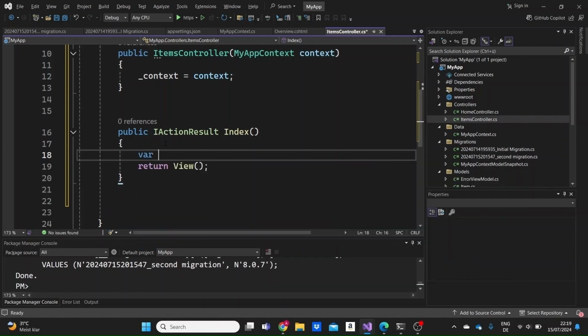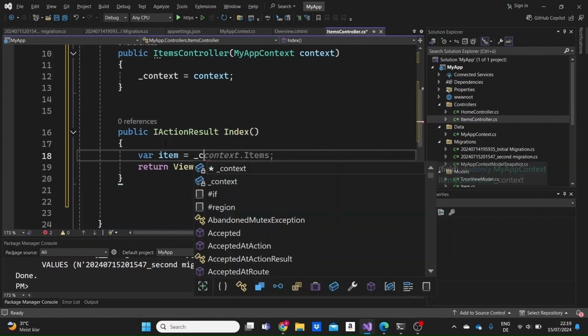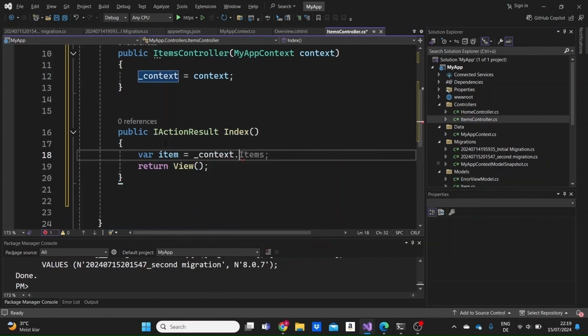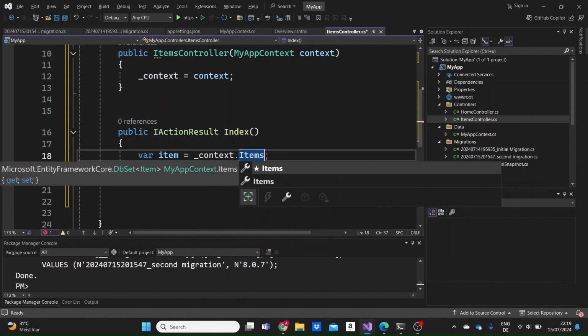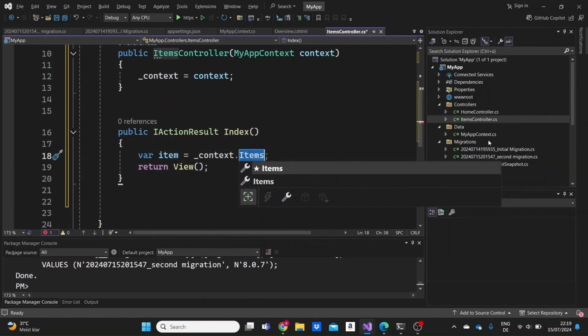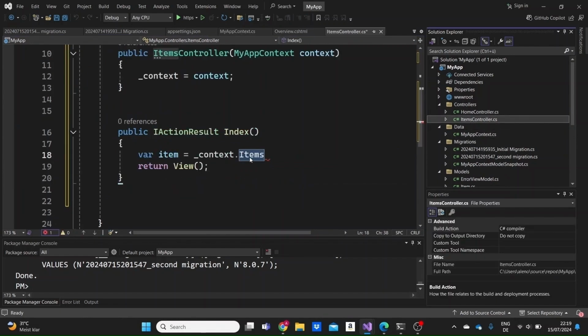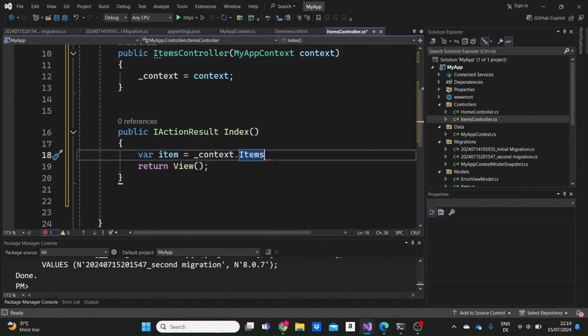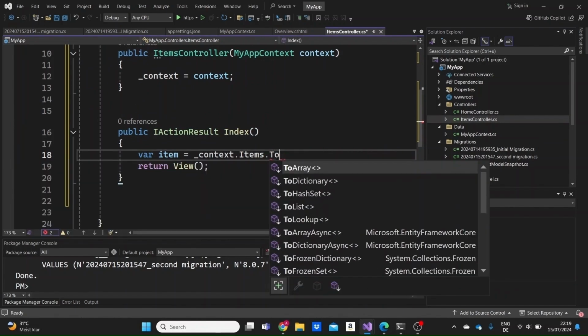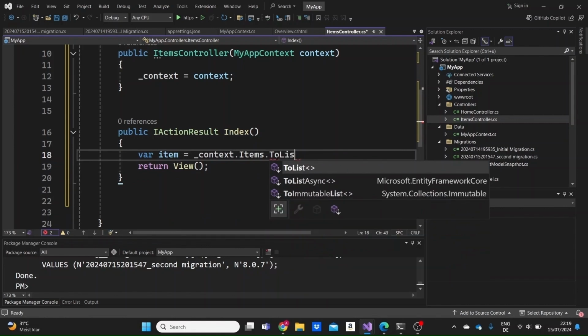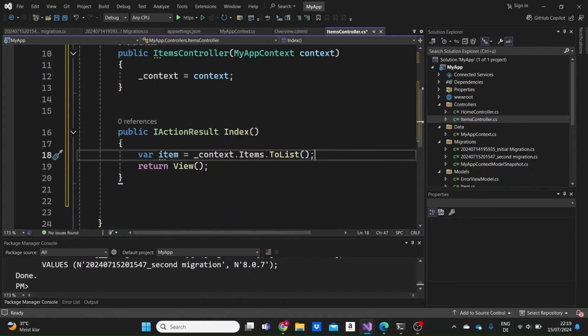For this reason, I'm just going to take a variable, call it item, and I'm going to access this from the database by using the underscore context variable dot Items to access the instance of the item created in our database, in our context that we have here. And then we need to write a method to list all of these items, just like this. But in such a case, when we query data from the database, it's recommended, and it's always what we do,